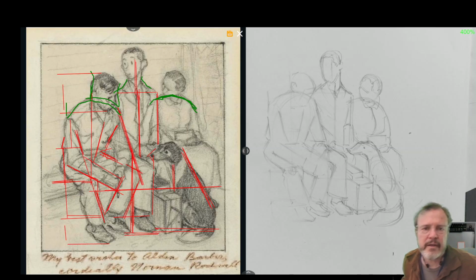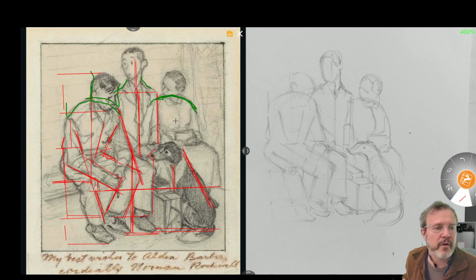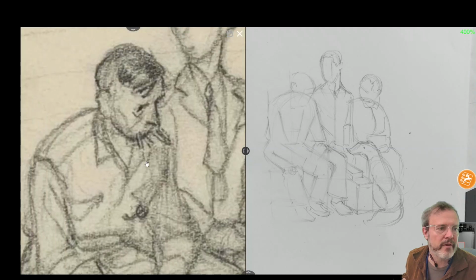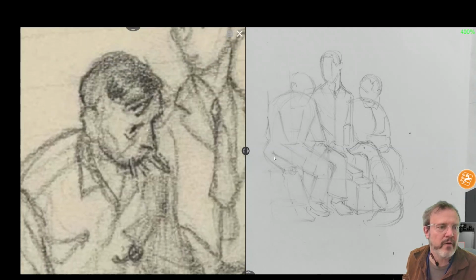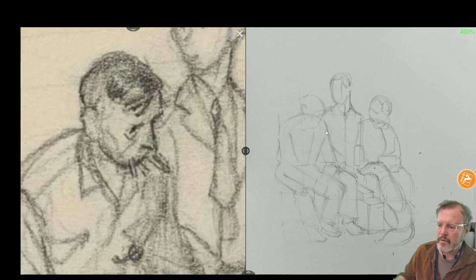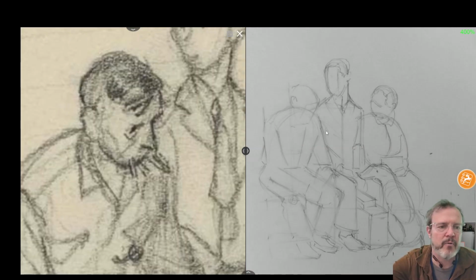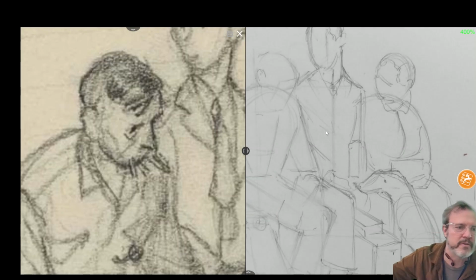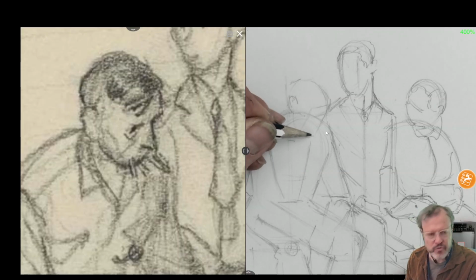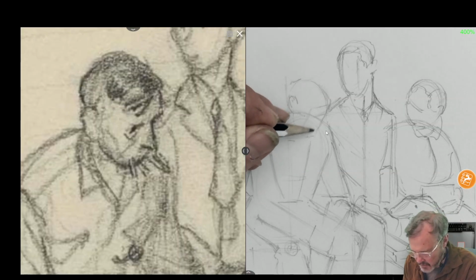Okay, now we're going to get into some details. So let me clean up all this annotation, and we're going to take a look at Dad's actual head. Drawing like this is really good to copy because we're going to learn how Rockwell simplified forms. It's sort of like knowing shorthand. None of you probably know what shorthand is, but